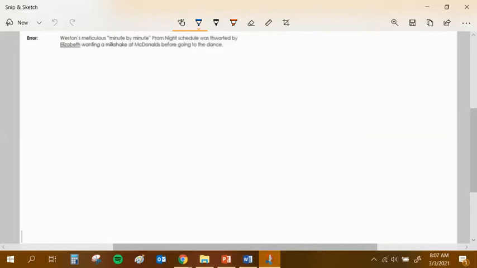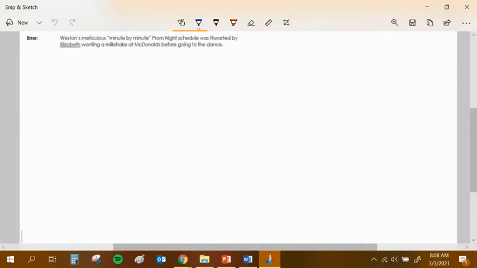Okay, let's take a look at the second example. So it reads that Weston's meticulous minute-by-minute prom night schedule was thwarted by Elizabeth wanting a milkshake at McDonald's before going to the dance. Well, there's two errors in this one, so we're going to pick out the obvious one, and then we'll look at the less obvious one,